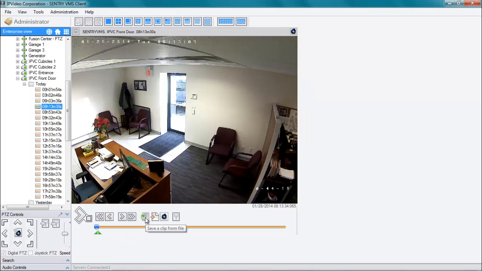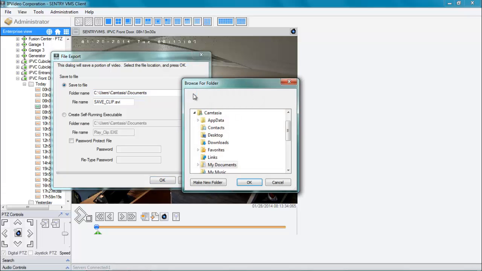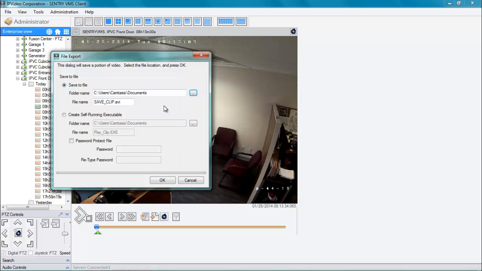I'll then click on this icon, which is to save a clip from the file. And I will get this dialog box that gives me a couple of options. Let's use the first one first to demonstrate. Save to file. It will save it in this particular folder name, which is the default folder for this save operation. However, I can click this box and select a particular folder I would like as the target folder for this file. The file name will default to